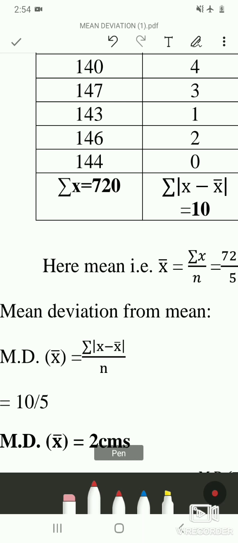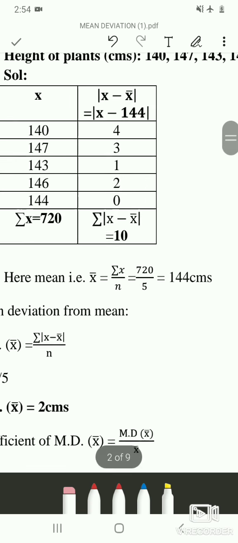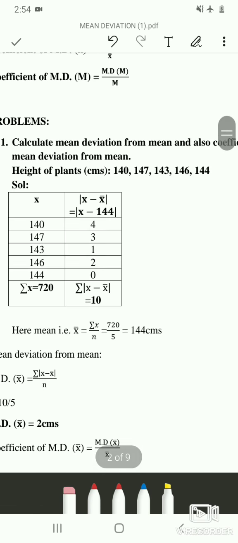So this is the formula for mean deviation with mean. See what all values you require in the formula. You have to calculate x bar, and then you have to calculate summation of |x minus x bar|. So now let's calculate x bar. We know how to calculate mean: given x, we have to find out summation of x and divide by number of values.